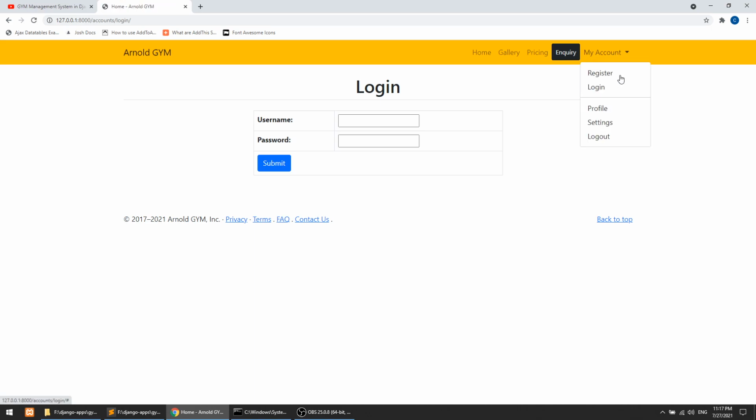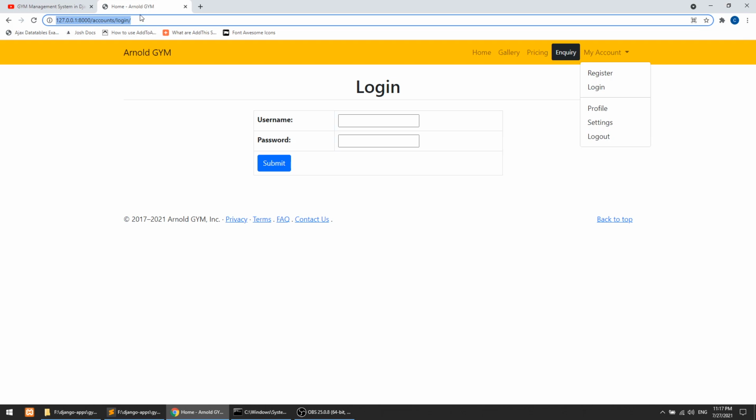When we click on this logout, it will go to the login form. But if you see this carefully, if I have already logged in, then this link should not be here, and if someone accesses this link, it should not open.